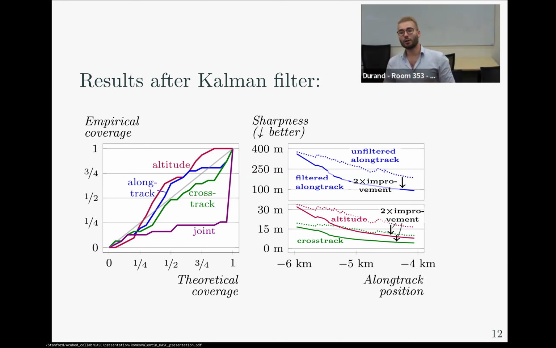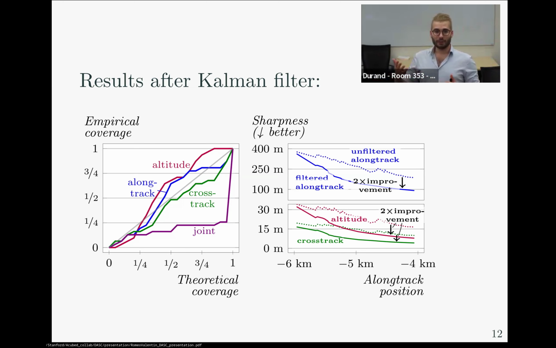And so first of all, we can see that all three coordinates, altitude, along track, and cross track, stay quite well calibrated, which is really the main point of our work here. And so that's very nice to see. And at the same time, and we would kind of expect this,